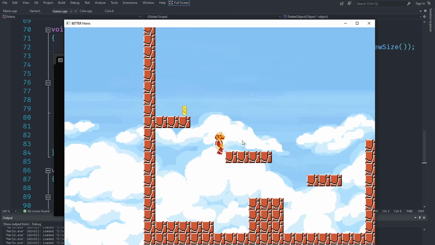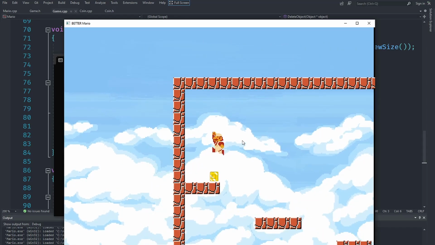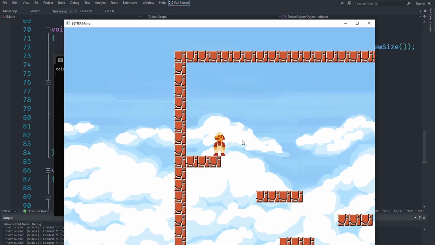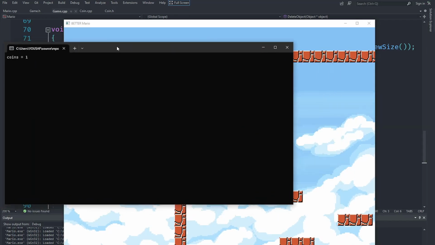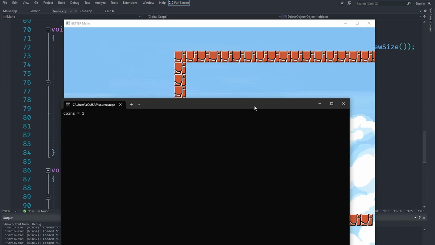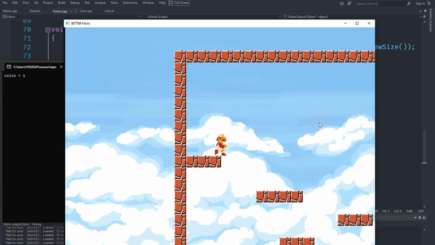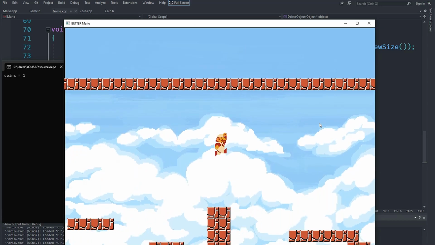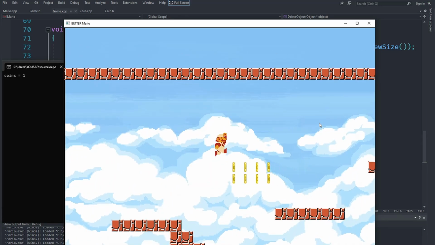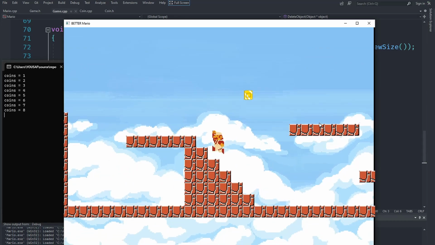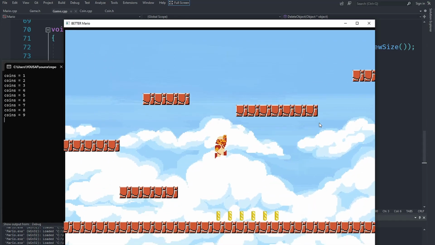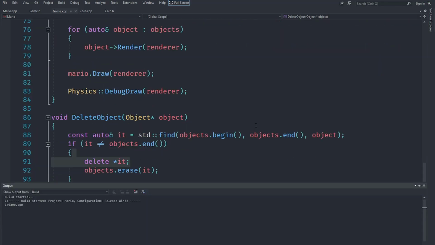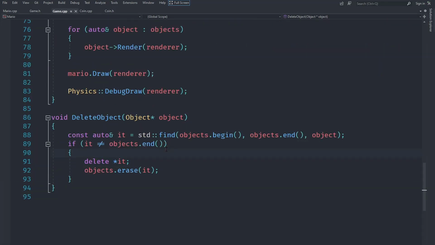And if I go ahead and, for example, stand on here, you can see that now it says coins is equal to 1, and it does not say anything else. The frame rate might be a bit slow right now because I'm recording. So anyways, if I go here, coins is 1, and if I go ahead and collect all of these 8 coins, then coins does become 9. 1 plus 8 is 9. And if I collect all of these coins as well, the coin variable changes. That's all pretty awesome, but there is a pretty serious problem with the way we are doing this,